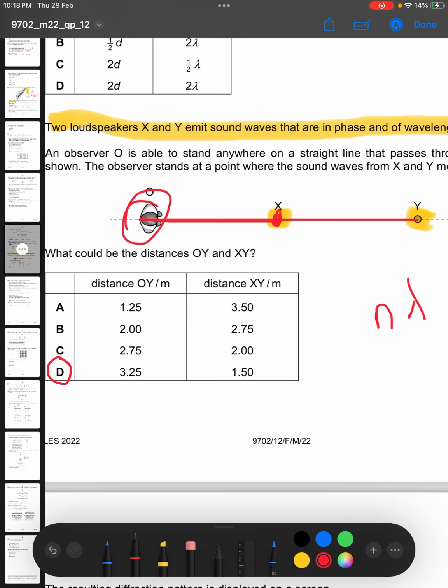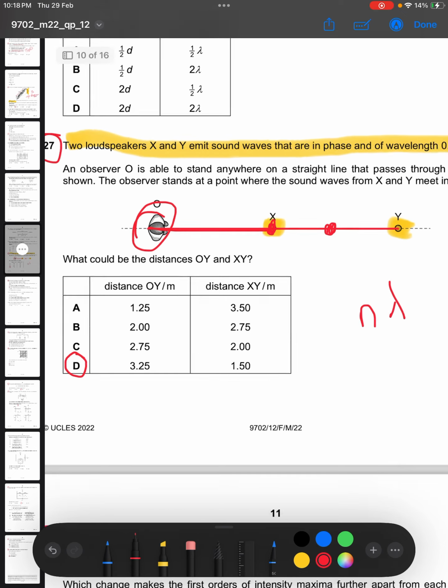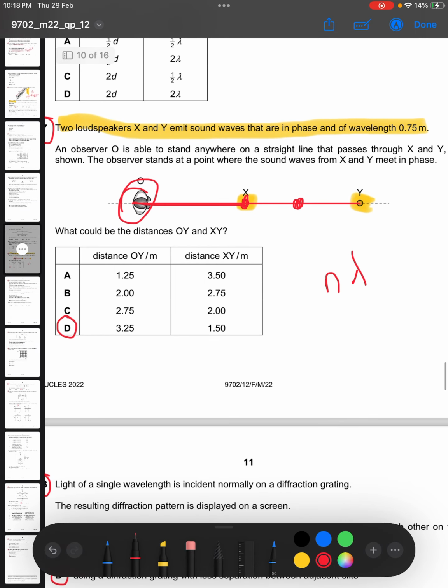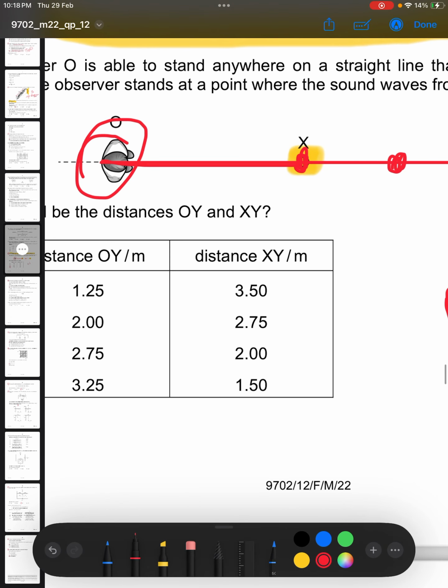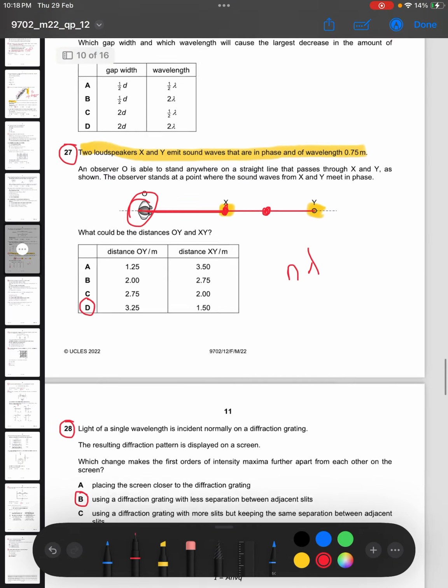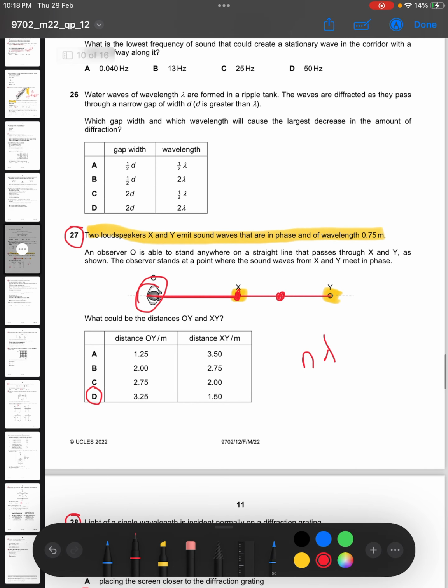Of course, this object can occupy any position, even this position, so we cannot reach that conclusion as of yet. But what I can say is that we need to subtract the distances, the difference between XY and OY. Why do we need to subtract that one? Because we need ultimately to find